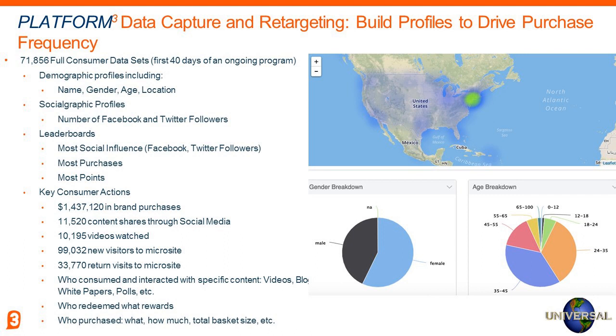And in terms of results, these 71,000 registered users, again, every registered user had to purchase the DVD first. So this represents over $1 million in DVD and Blu-ray sales within the first 40 days of the program. So it's off to just a phenomenal start. There's been over 11,000 social sharing activities, over 10,000 YouTube trailers watched, and then of course we have full campaign metrics like page views, returning visitors.